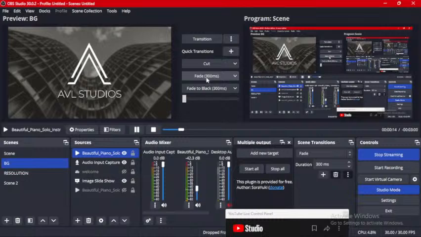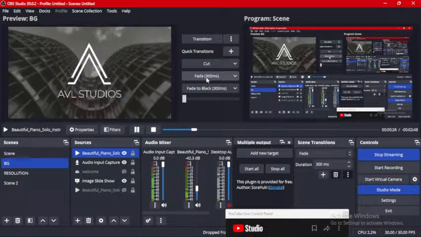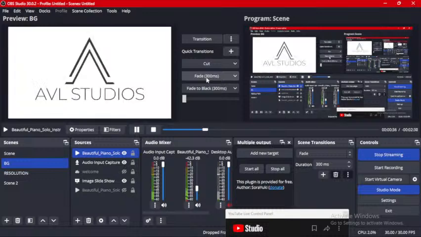Now I'm going to be explaining why and the different type of resolution that is in OBS. Basically, we have two forms of resolution in OBS, which one is the base Canva resolution and the other is the output resolution.